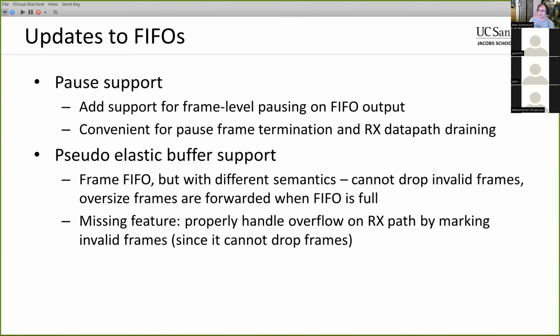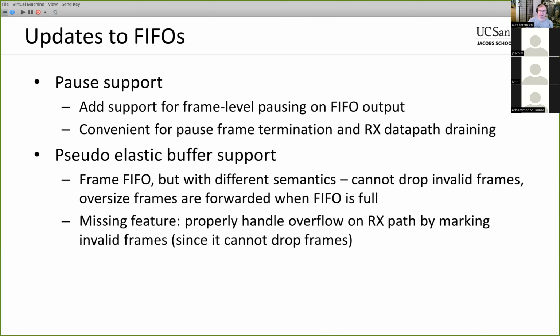But the problem is, at least in the TX direction, you have to make sure that the frames are presented contiguously to the output MAC. Otherwise, the MAC will drop the frame. It'll end up in an underrun condition and drop the frame. And then in the receive direction, you also have to make sure that you never deassert the tready input. And if there is an overrun, then the frame has to be dropped or marked to be dropped, one or the other. And the reason I'm calling this a pseudo-elastic buffer is because it's kind of going to serve a